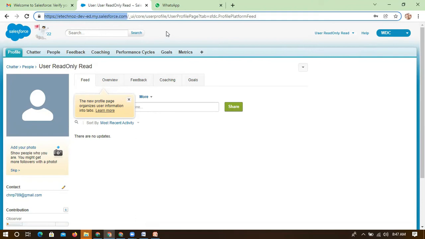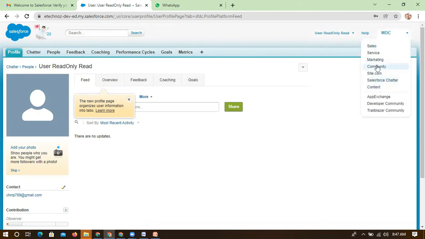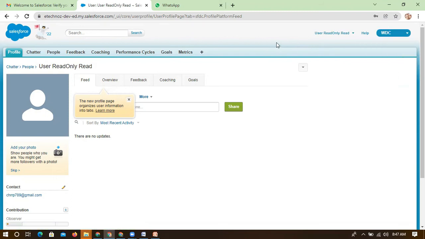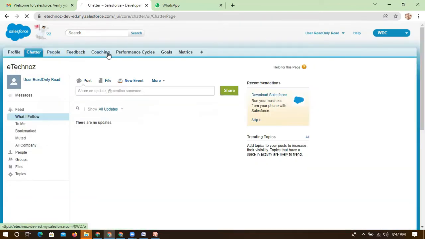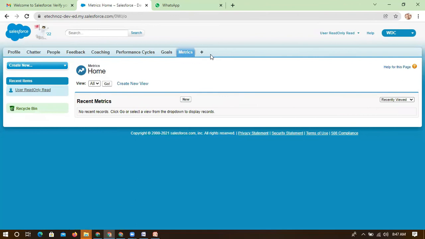It's the same org, but when this user logs in, he will be able to see only this type of access. He can't see other things. You can see only the limited items, like charter people feedback. I can even control this. If I want to give additional features to him, I can enable them, but before that we need to understand the business first.